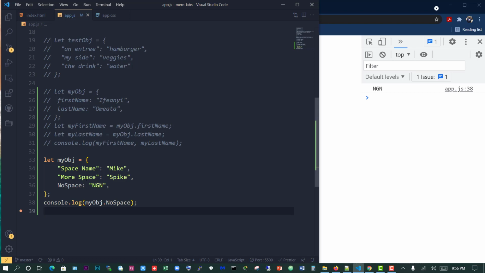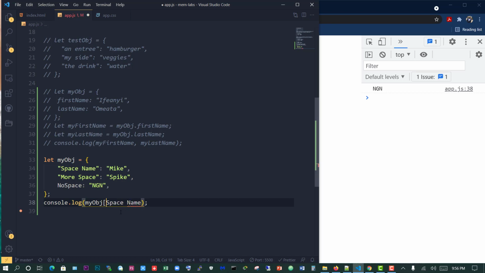But when we want to call the first property, that's the space name, and want to call the value of that, we can't have spaces between our values when we are calling them. For example, if you take this and you put it here, now it's going to give an error because we can't have spaces here. So a better way to access this is to use the brackets notation,